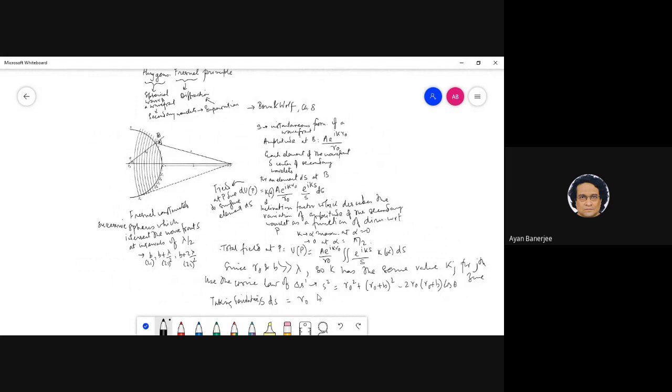These are all constants; the only thing that varies is theta, right? So you have R0 and 2S dS, the 2 cancels, R0 plus B sin theta d theta,